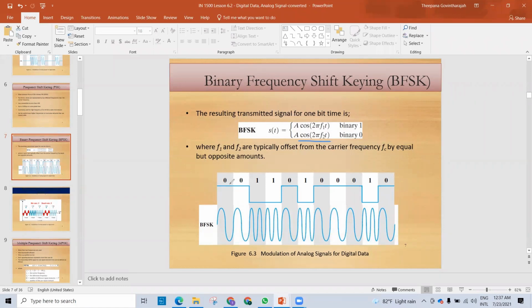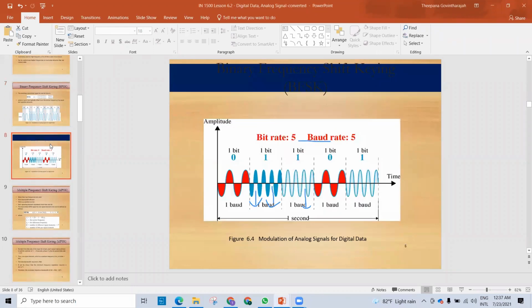So here 0 is represented by one waveform and 1 is represented by another waveform. Here you can see a similar pattern is maintained for every one, and for zeros another similar pattern is maintained. Now, if you see BFSK here,